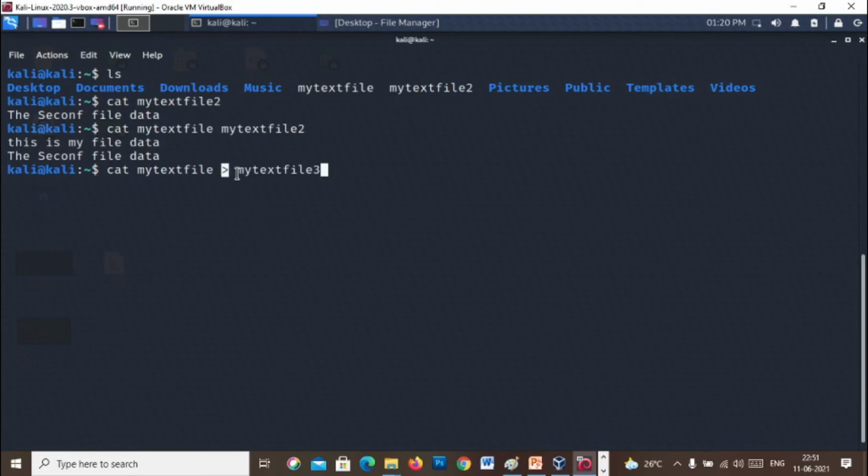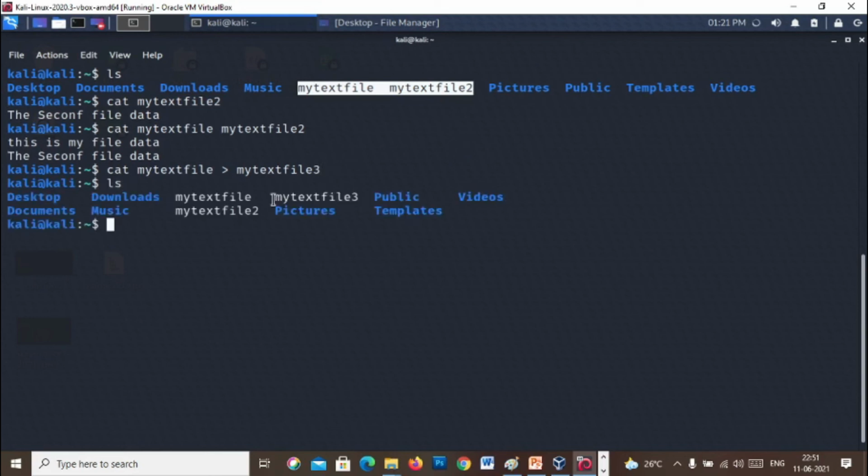As you see, we have only two files. If my text file 3 does not exist, the command will create it, otherwise it will overwrite the data. Let's check practically.